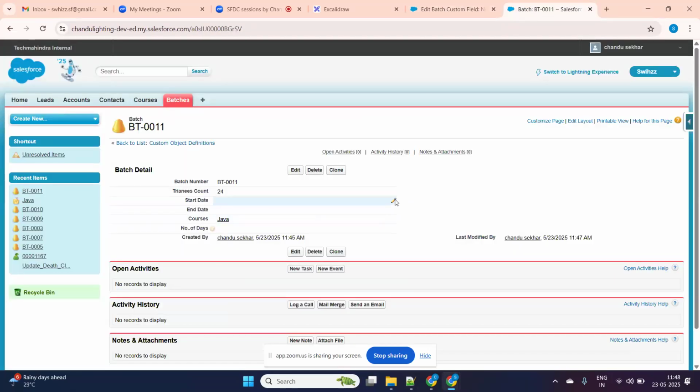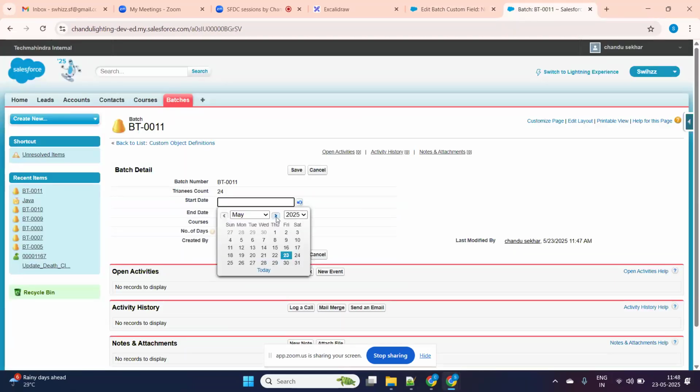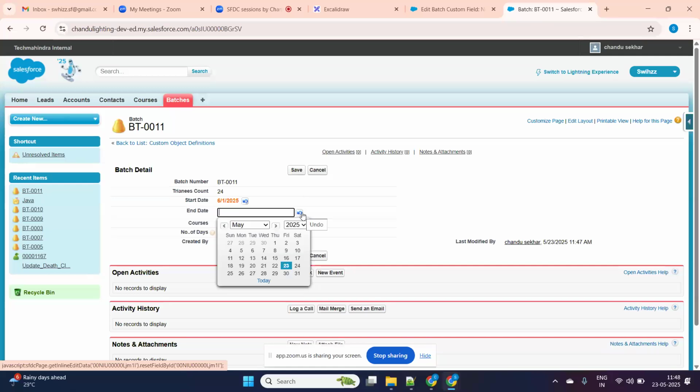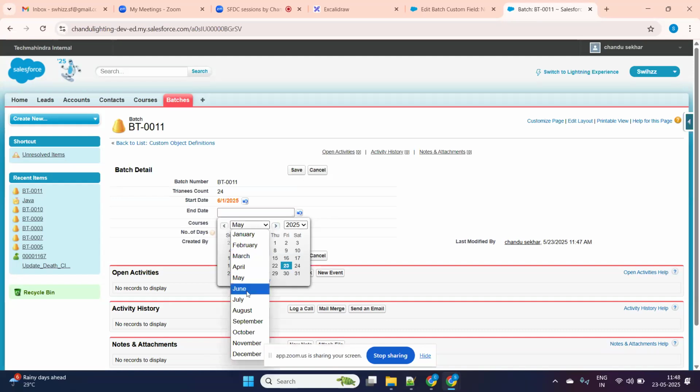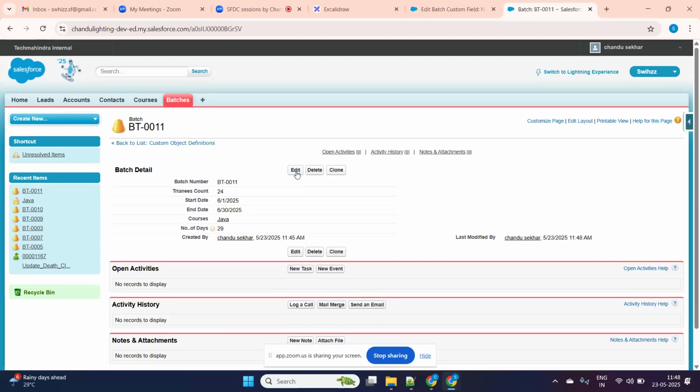Let me give one more value on the front end. Like June 1st, my batch will start from June 1st. And my end date will be something like June 31st. June 30. Let's say it's coming as a 29. So like this, if I want the formula to automatically calculate,